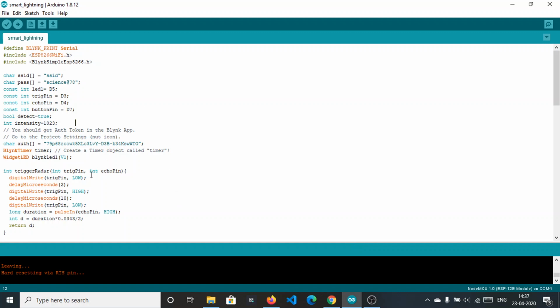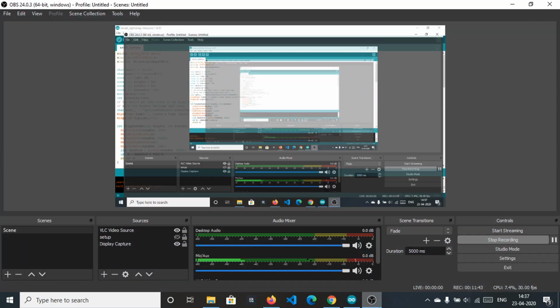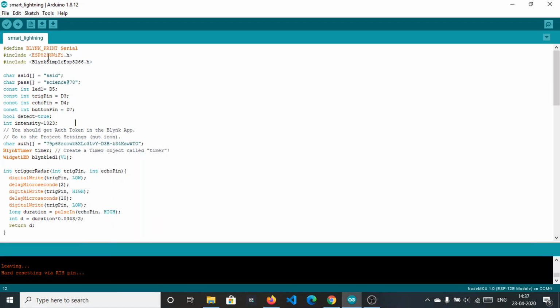Let me discuss this code first. It's not that tough, so you can understand from here, and I will share this code in my GitHub repository, so you will see that, and you can change it according to your purpose, and it's very easy. So from the starting, we are importing 3 libraries: Blink, Serial, ESP8266 Wi-Fi, and Blink Simple ESP8266.h.